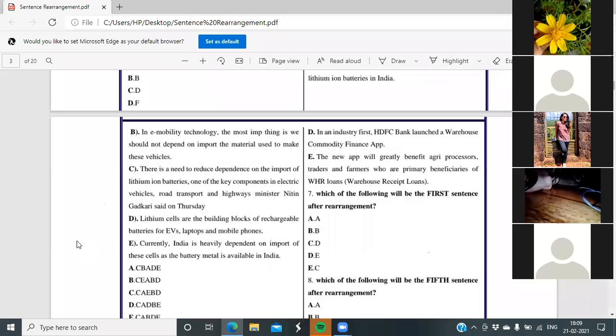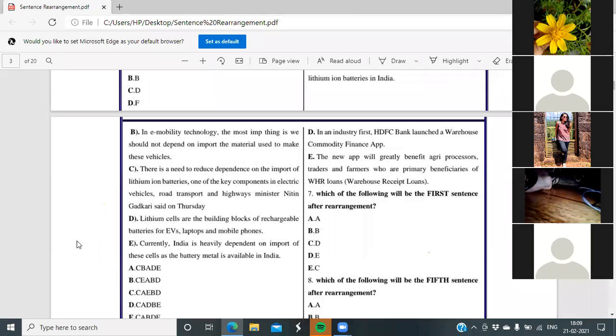Why? See, very easy. I'll just read it quickly. There is a need to reduce dependence on the import of lithium-ion batteries. That will be the first statement. First of all, why is there a need? I have mentioned that there is a need to reduce, so that will be our starting, opening statement. Then second, we need to specify why there is a need to reduce, because in e-mobility technology